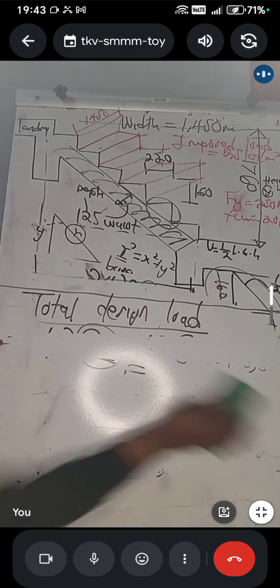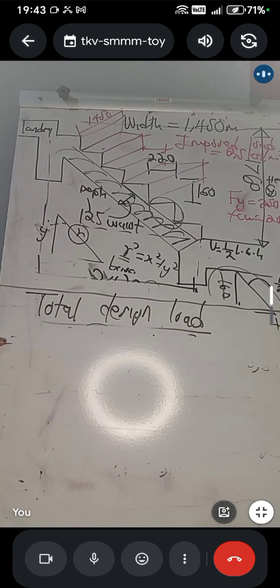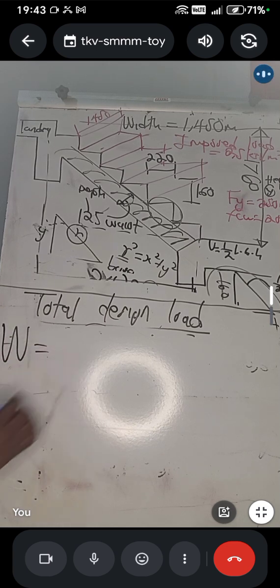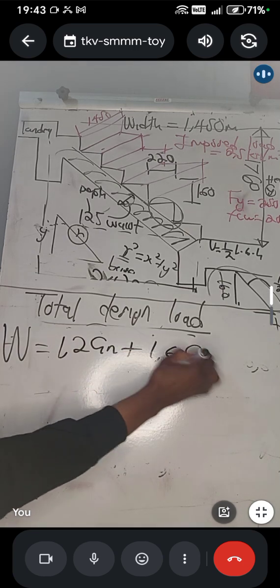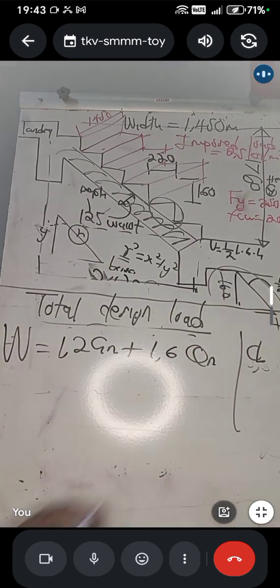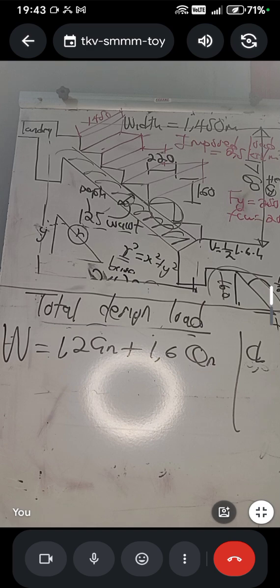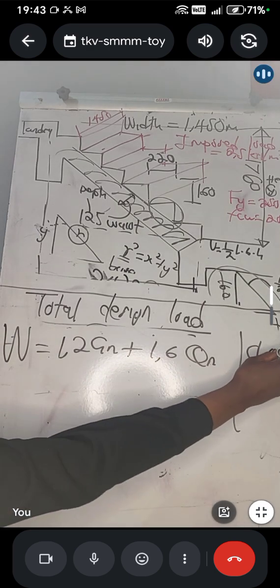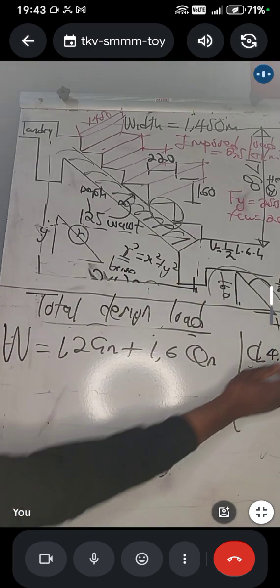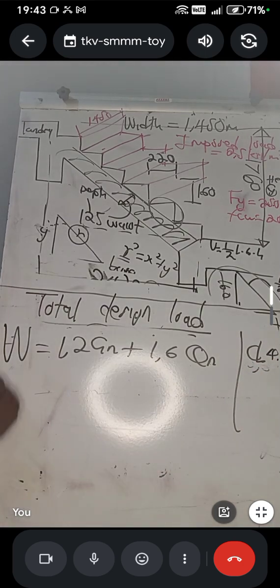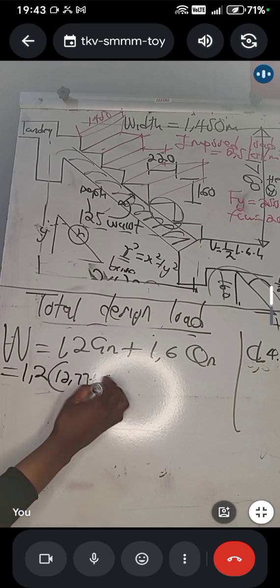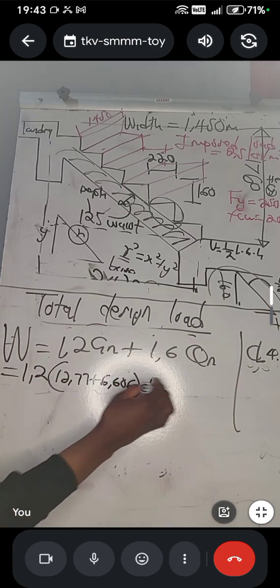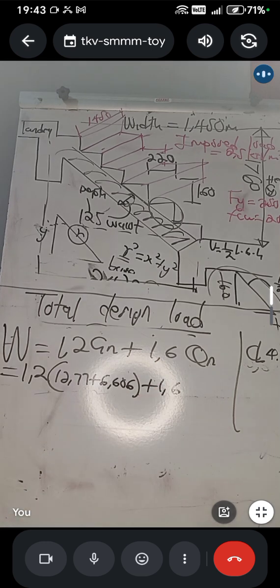We can just do this also, or we're going to come back to that one if we're not getting it. We can just say W is equal to the same formula that we know. Don't forget to write the reference that you got it from. What is the reference? Which slot is this one? Is it 4.2, 0.2.1, eh? Where we are going to have 1.2, we said 12.77 plus 6.606 plus 1.6, and then the QN,